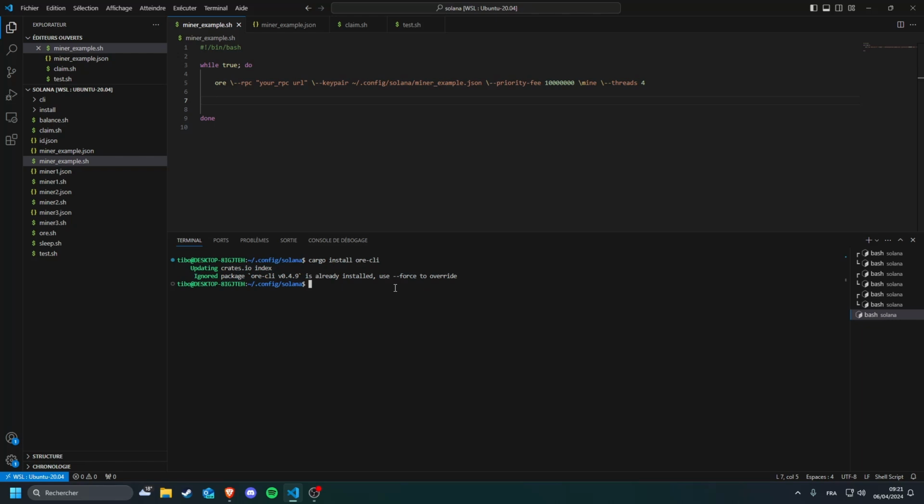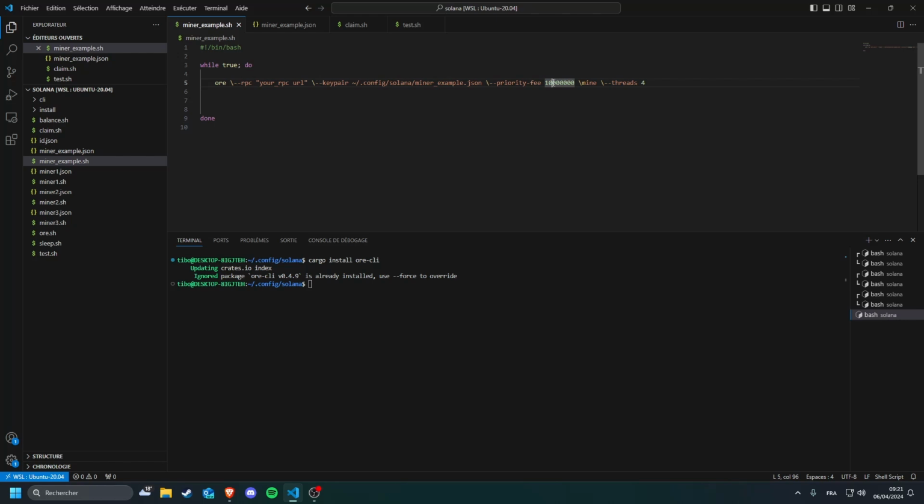So now, to have a better landing of your transactions, try to update your priority fees in the test.sh script or another bash script. For now, I am running with 10 million priority fees.